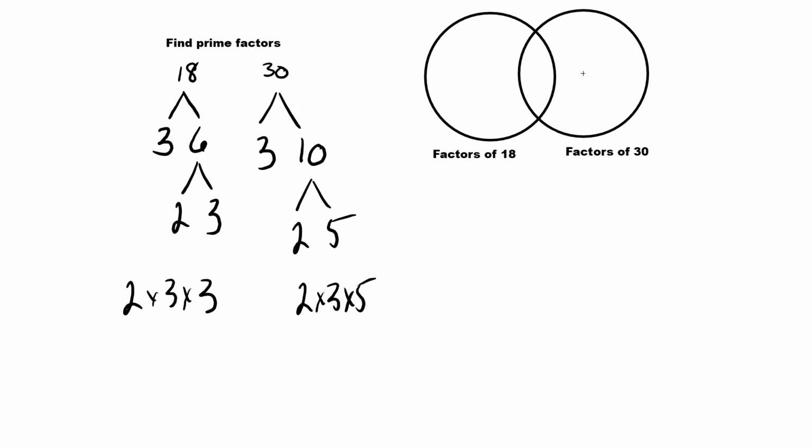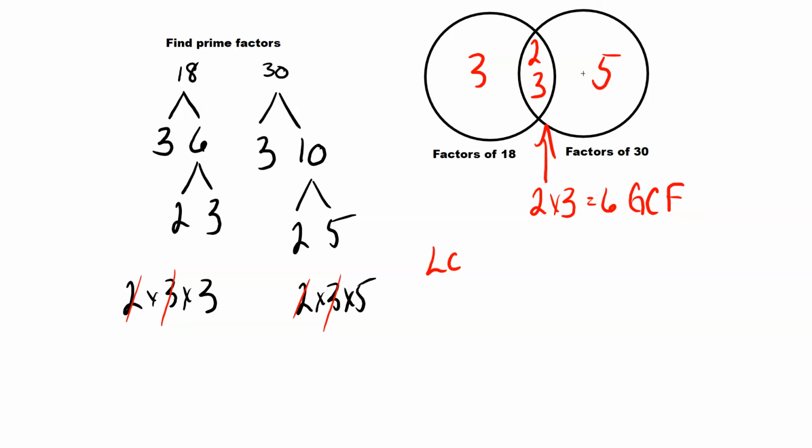Which ones are common? We can see in both cases we've got a 2 and a 2, and a 3 and a 3. So we can put the 2 and the 3 in the common area. That leaves us with the 3 as one of the remaining factors of 18, and the 5 as the remaining factor of 30. As we said in the previous example, 2 times 3 gives us the greatest common factor,